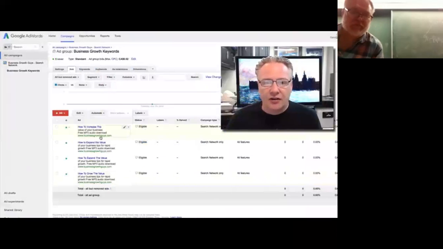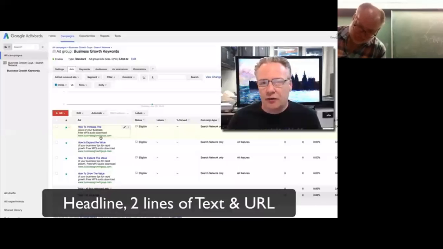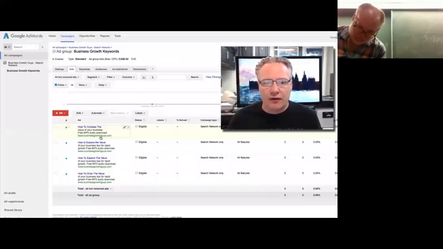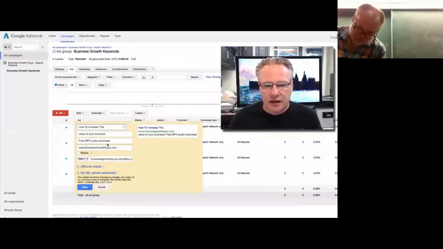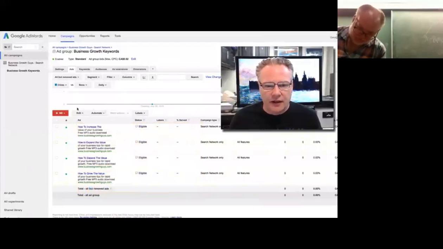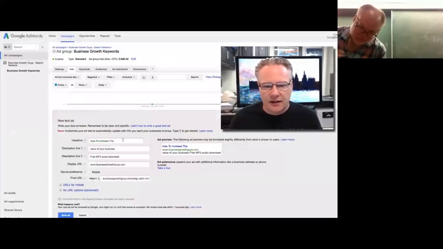These ads are just like writing a classified ad that would have gone in the newspaper at the back. It's very short, to the point. You don't have a lot of characters to work with. If I click edit here, you'll see that there's 6 characters left in the title, 13 left there, 12 left there. If I click to create a new text ad,